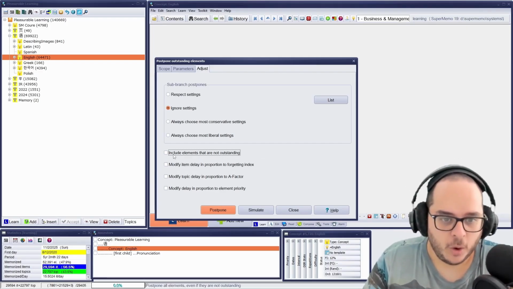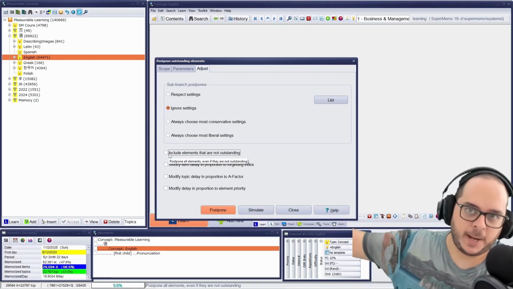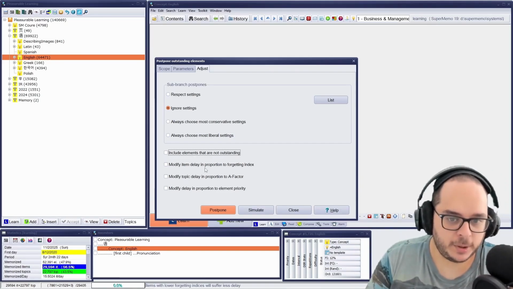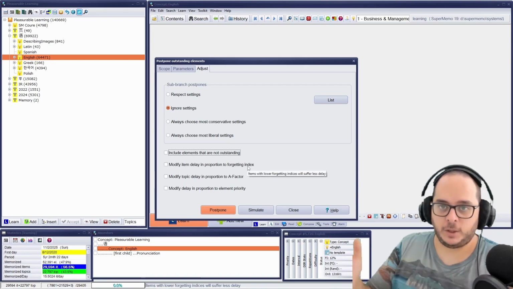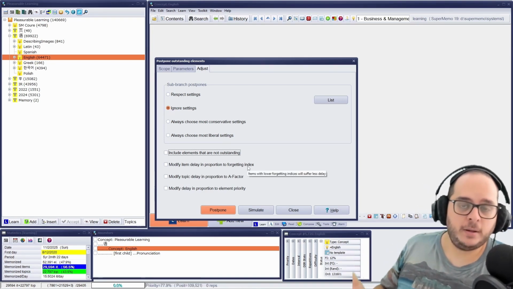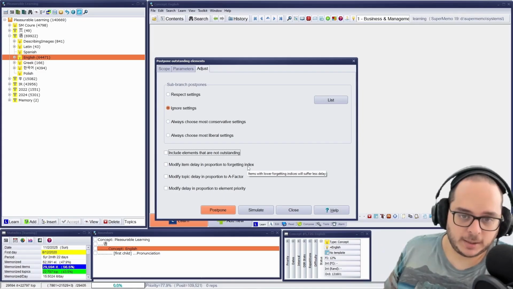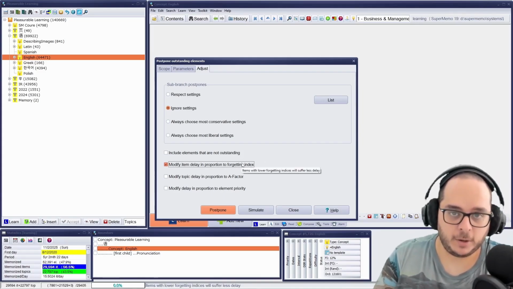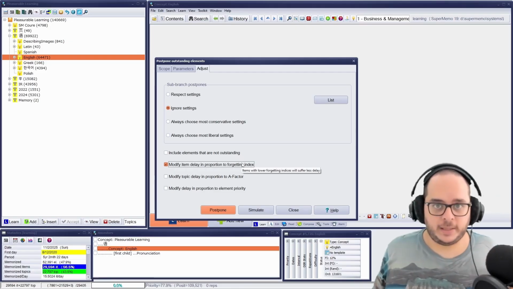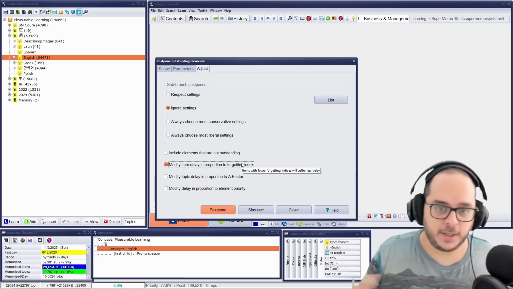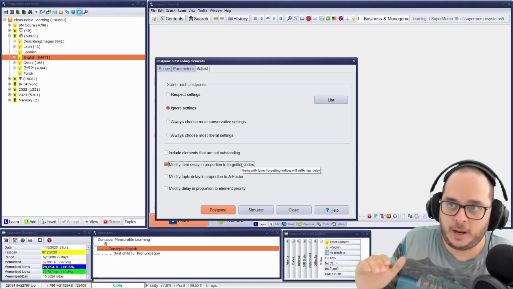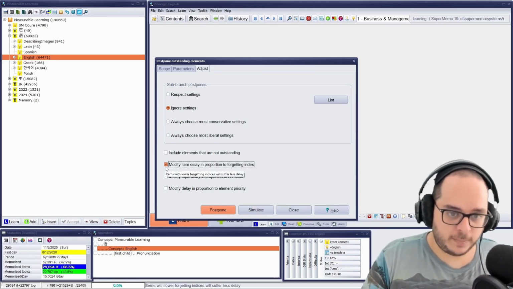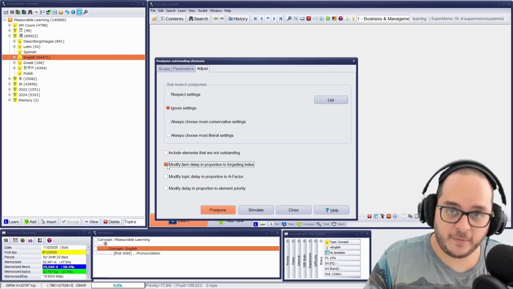Next, when you want to do this, mastery track. Don't do that. Then, modify item delay proportion to forgetting index. This is especially useful if you have different requested forgetting indexes. If you always use the default, this will be absolutely nothing because everything is at 10%. It's 100% homogeneous, so the proportion of the same is itself, no change. Even if this is checked by default, it will have no effect.